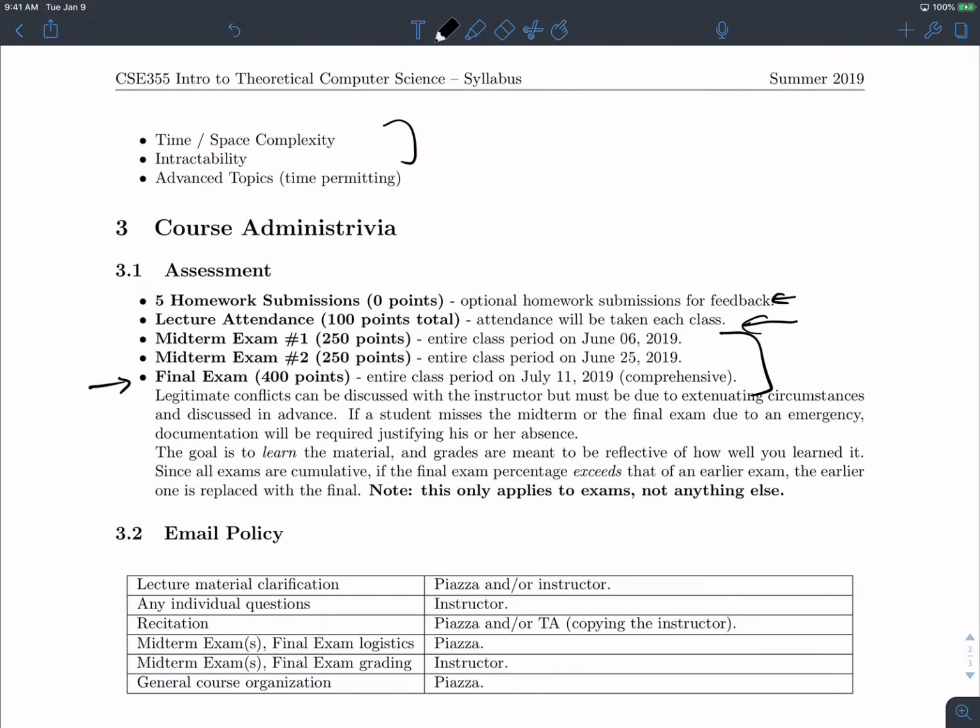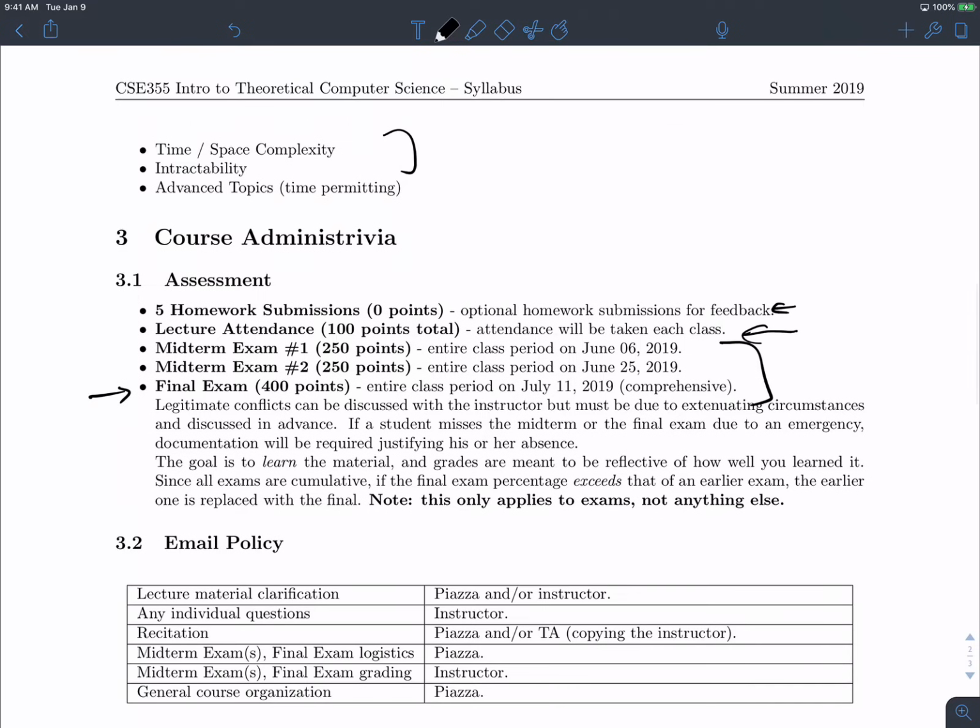Okay. Any questions about assessment? Yeah. If both of your first 2 midterms are lower than the final, you replace both. Right. So it'll replace earlier tests independently. So it might replace 1 or 0 or both, depending. So it's helping you as much as possible, whatever helps you the most there. Other questions about assessment?